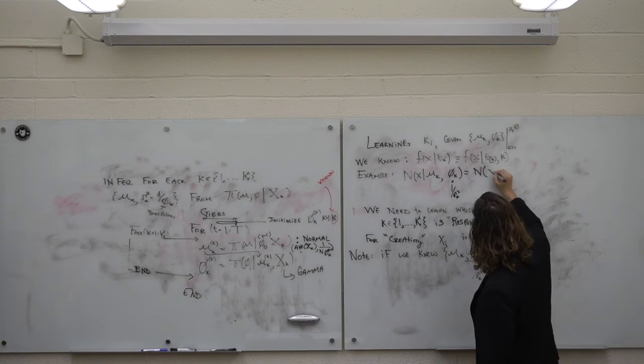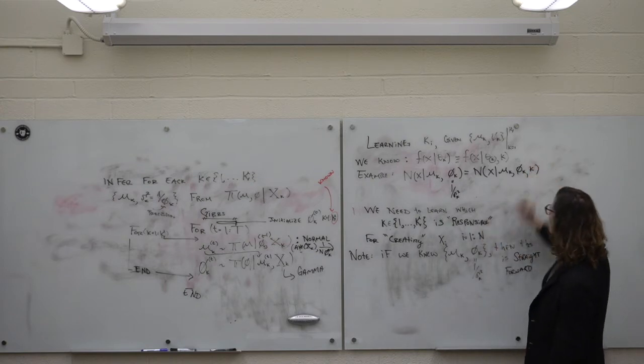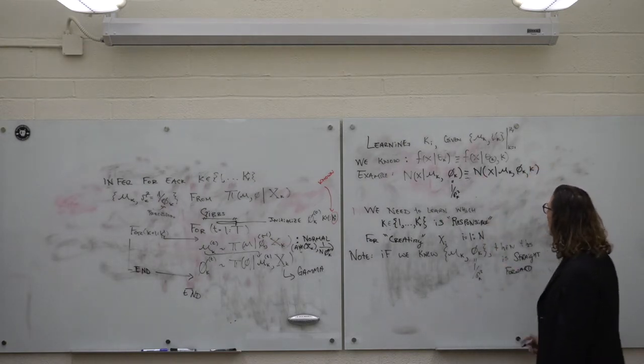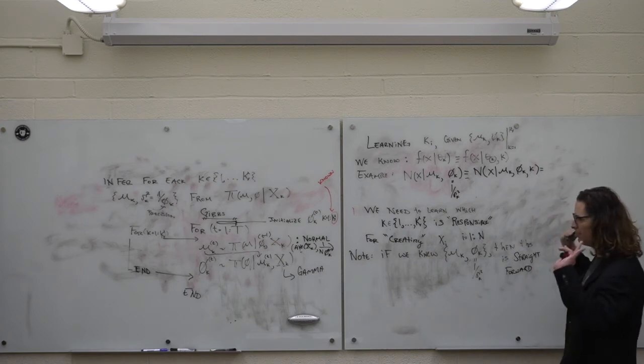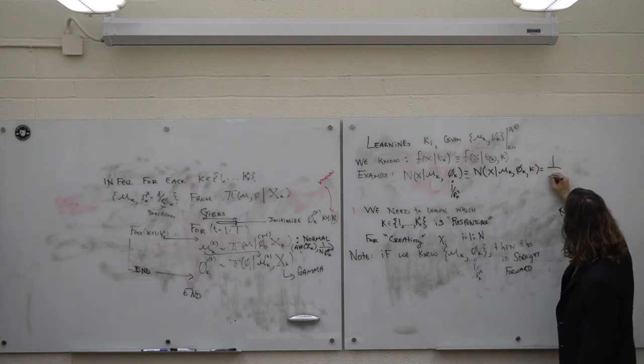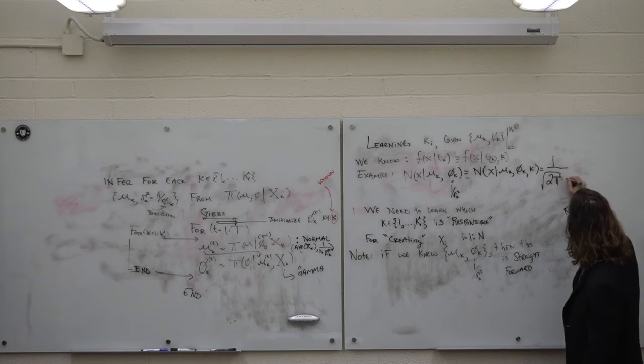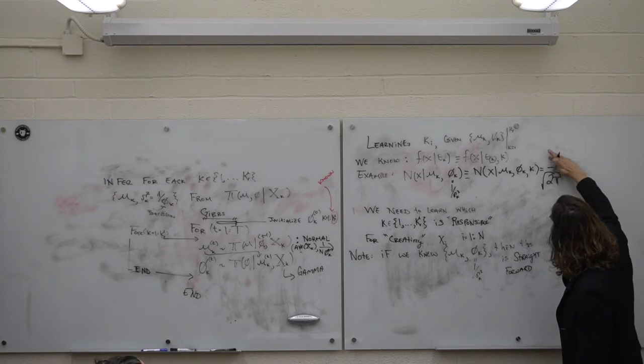I'm going to write it down this way: x given mu k, phi k, and k. So I'm just going to define it to be that. So what does this look like? Same thing as it did a while ago. I'm just changing my notation that I used to represent all of this. So this is going to be phi k